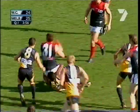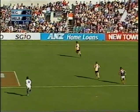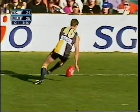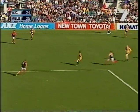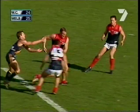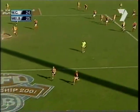Nicholson, a little bit adventurous with the handball. Wheatley, Gurgic, always adventurous. Brown will be hoping the boundary line and will find the ball. And it just doesn't quite get there, or does it? No, it doesn't. So the Eagles can again set up for an attack, but that's not a good kick. Swartz getting back, and now he can turn defence into attack. He goes sideways, right out towards the...